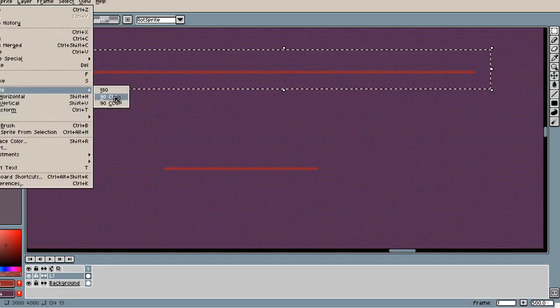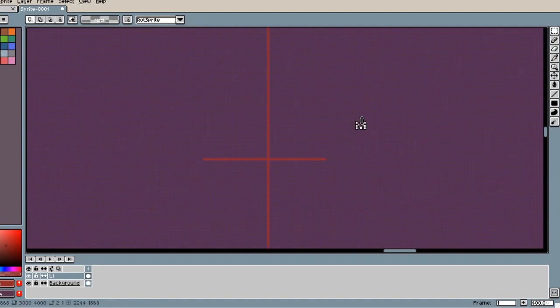And then rotate 90 degrees. We're going to do it like that, and then